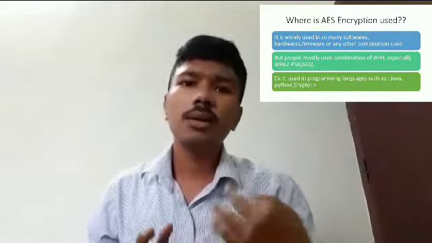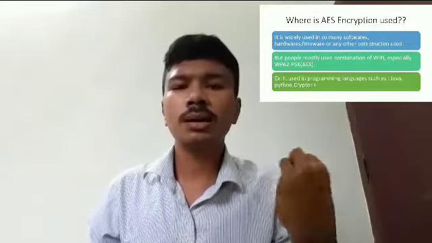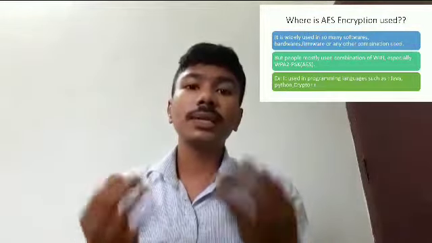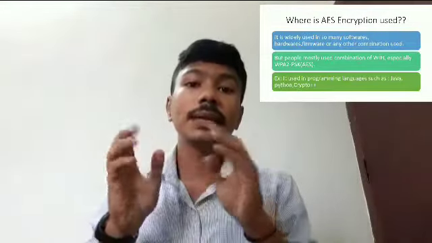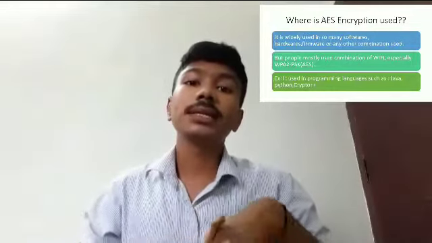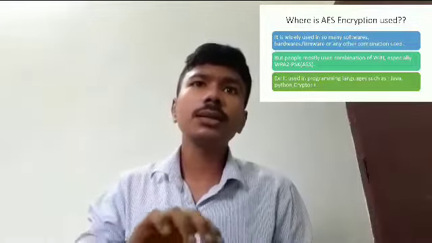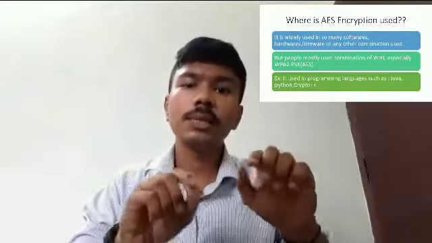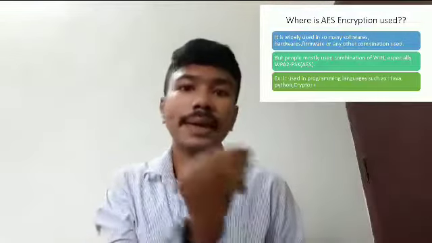Next slide please. Where is AES encryption used? AES encryption is mainly used in software, hardware, and communication. It is majorly used in Wi-Fi technology, for encrypting and decrypting. Those are the two main things. A simple example is typing a Wi-Fi password, which shows up as dots, like a typed password of Samsung showing as dots.